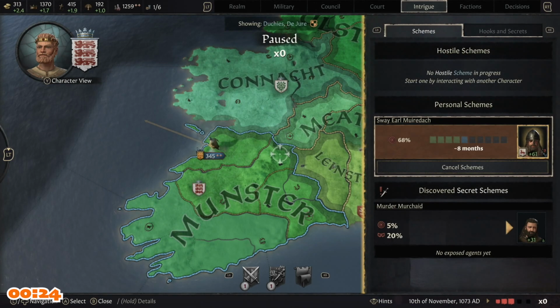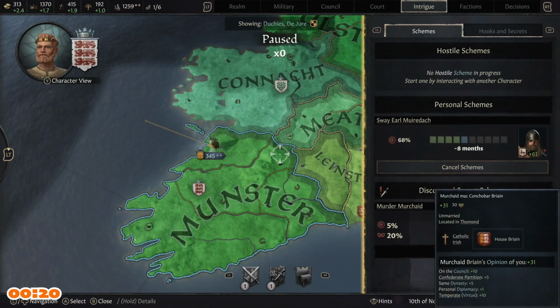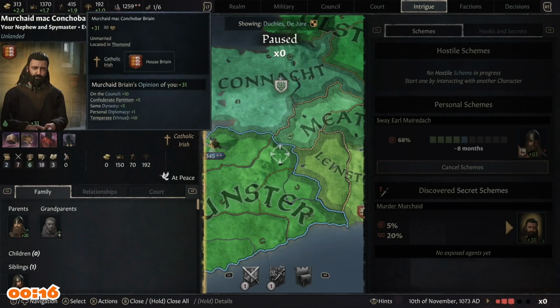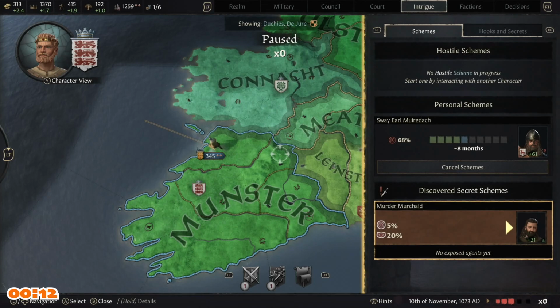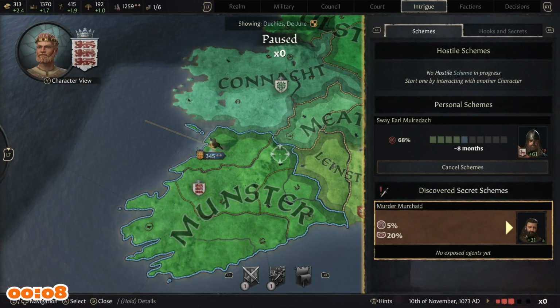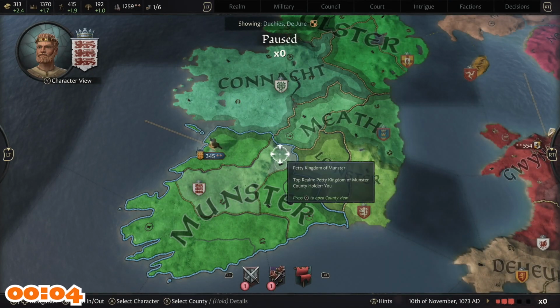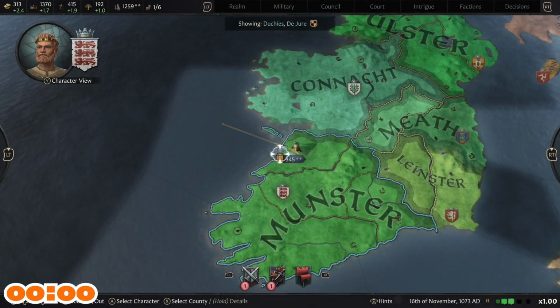Right, so we've got a hostile scheme. The murder of Marichad. So what can I do about this? No exposed agents yet. Can I do anything about this? No, it doesn't look like it. Okay, so it's just something to be aware of, I suppose. Okay. So my army is going...